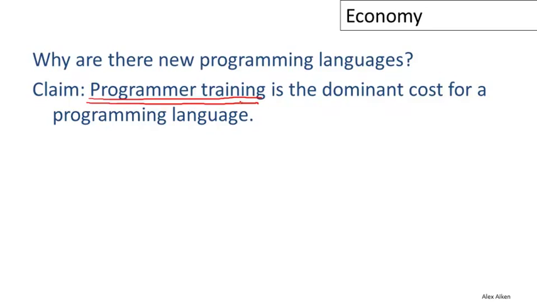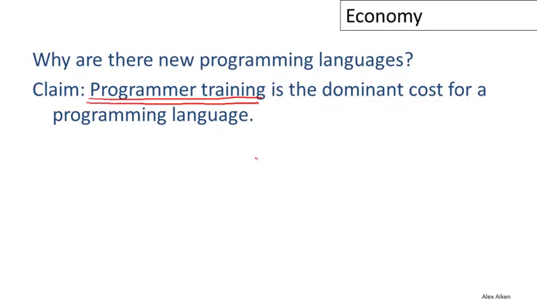So if you have thousands or hundreds of thousands or millions of users of a language, the time and money that it takes to teach them all the language is really the dominant cost. And here I don't mean just the actual dollar expense of buying textbooks and taking classes and things like that. It's also the fact that the programmers have to decide that it's worth it for them to learn this language. And many programmers learn on their own time, but that's a use of their time, and the expense of their time is a real economic cost. And so if you think about the number of hours that it takes to teach a population of 1 million programmers a language, that's really quite a significant economic investment.